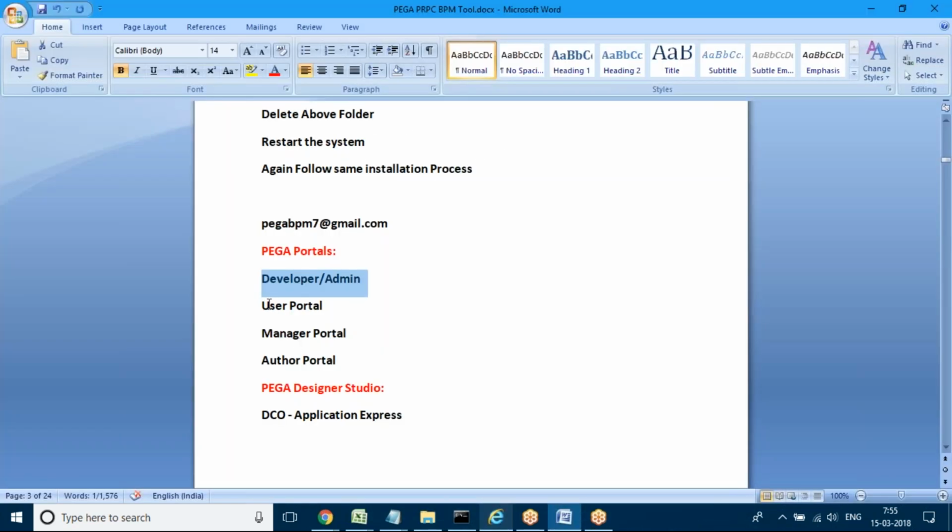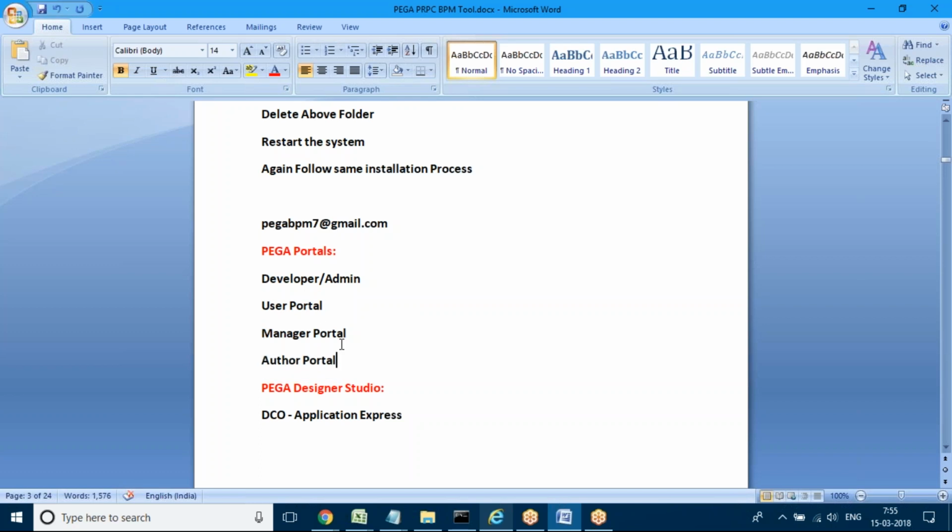Apart from that, you'll have some other portals also. In any Pega application, not only this, in the enterprise server, if you work on any project, these portals are common. There will be other portals like the user portal and manager portal. About the other portals, we'll discuss in the coming classes. The user portal is used for assigning work to the operators. The manager portal is for work management, like how many team members are there and which team member is working under which particular task. All of that is monitored from the manager portal. The other portals are not required for you.